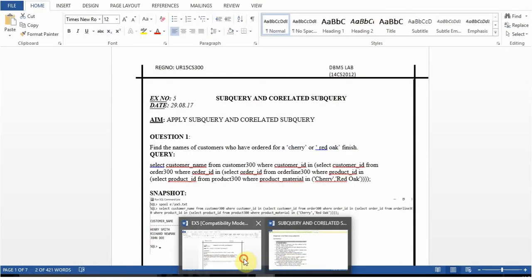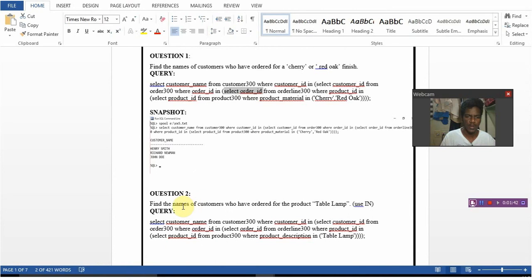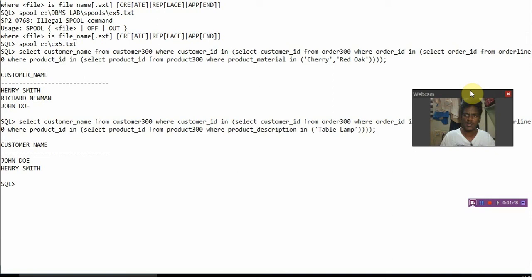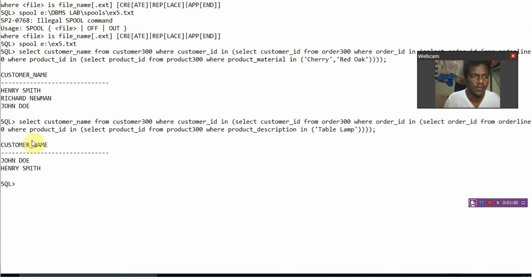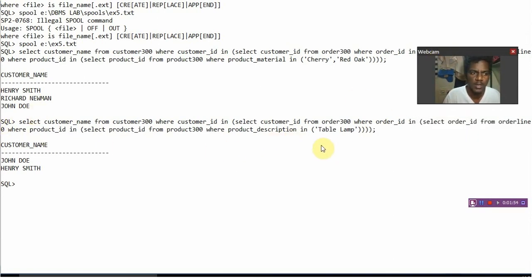Okay, moving on to the next question, that is find the names of the customers who have ordered for the product table lamp. This is the output for that one. I've given the same query here, and in this query we should get all the customer names who have ordered for the table lamp. So select customer name from customer 300, that is the table name, where customer ID, and in this the subquery, that is select customer ID from order 300 where order ID, and in order ID I have taken the